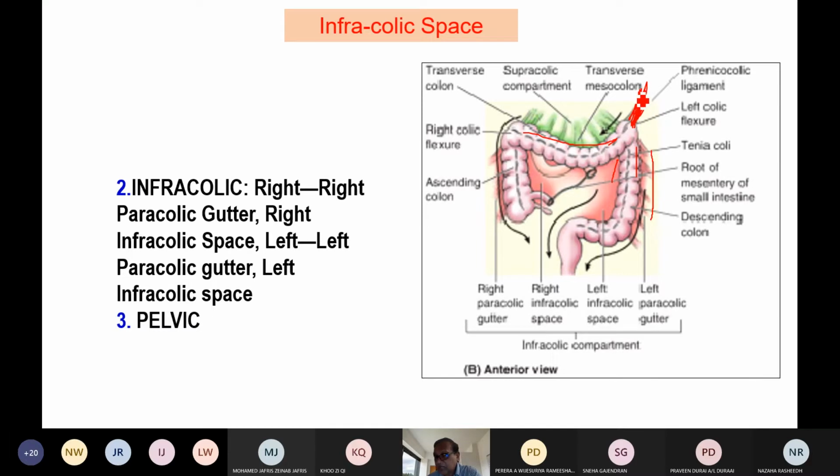And then also the stomach is there, the gastrosplenic ligament, etc. So fluid can never go here. So fluid will always come here. What is this? This is the ascending colon. Between the ascending colon and abdominal wall, this is the right paracolic gutter. And through the right paracolic gutter, the fluid will come. Where will it go? It will go to the pelvic cavity if the person is moving. So the right paracolic gutter is the principal spread of infection or fluid from supracolic to infracolic.